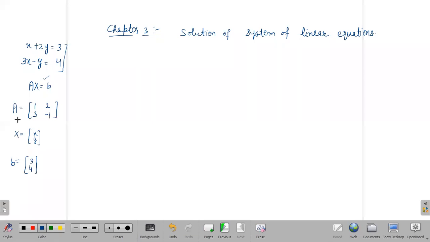So this way, to apply the matrix method, you will check the determinant of A. If it is non-zero, then you write A is non-singular. Then you will write pre-multiplying with A inverse, then you will get A inverse B. Your aim is to find A inverse, then multiply with B. You will get a 2 cross 1 matrix here. The first element will be the X value and the second will be the Y value. So this was the procedure in the matrix method.